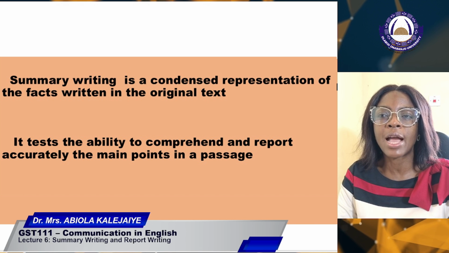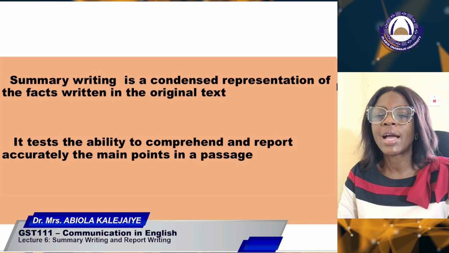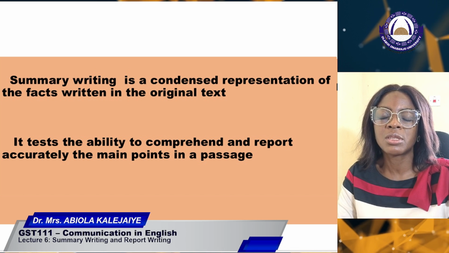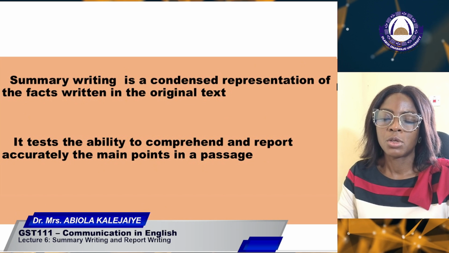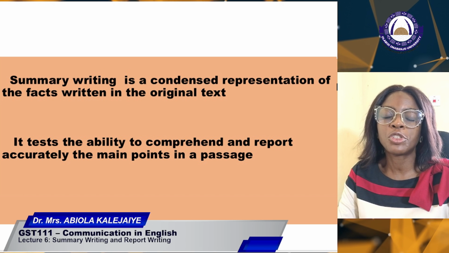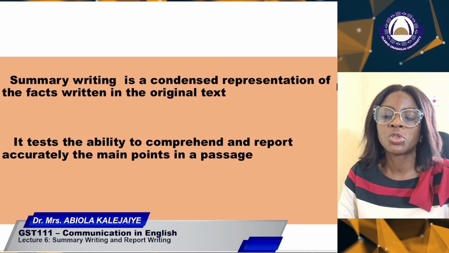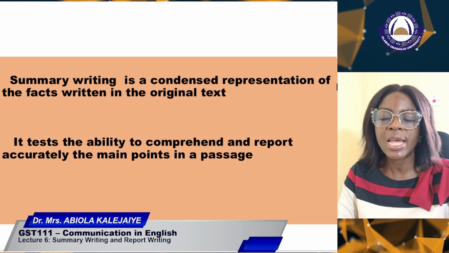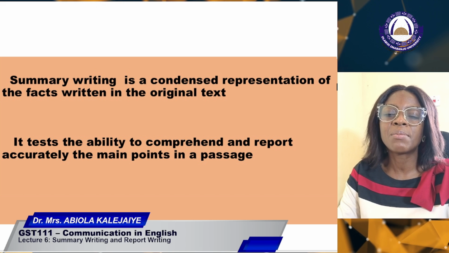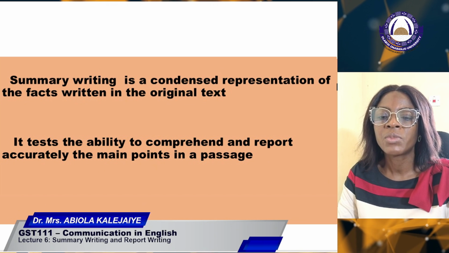So let's say you have a full A4 paper, a full length of paper, and you have ideas generated there, you can actually make this become like a paragraph. Your paragraph, if you still remember what you were taught in secondary school, should not exceed about 10 to 15 lines so that you can still manipulate your sentence usage. So when you're writing summary, it basically implies a condensed representation of a lengthy paragraph.